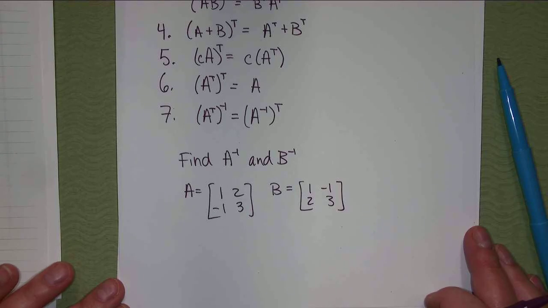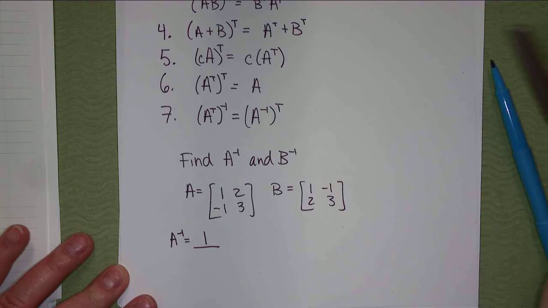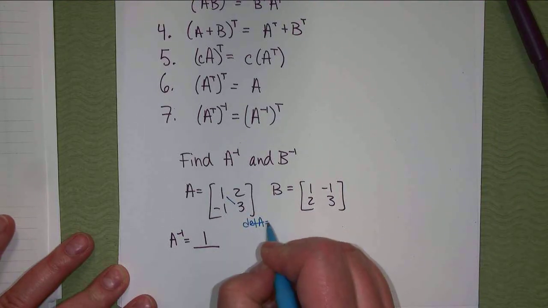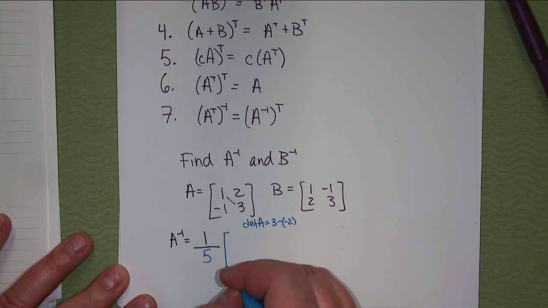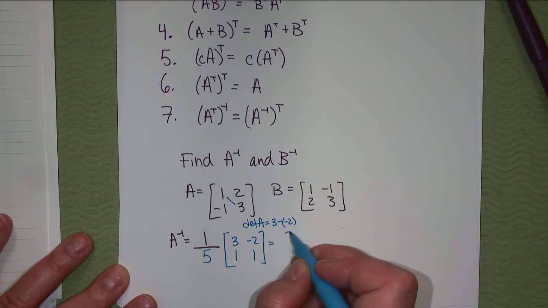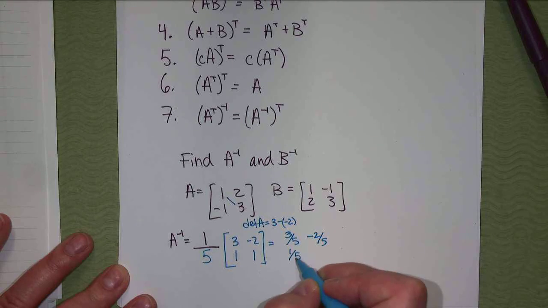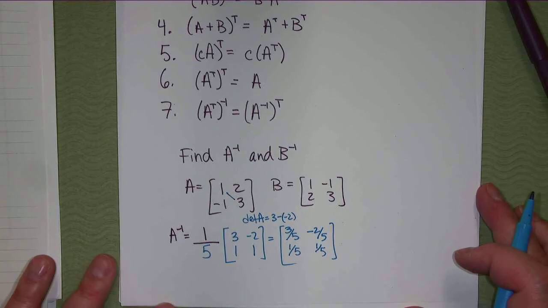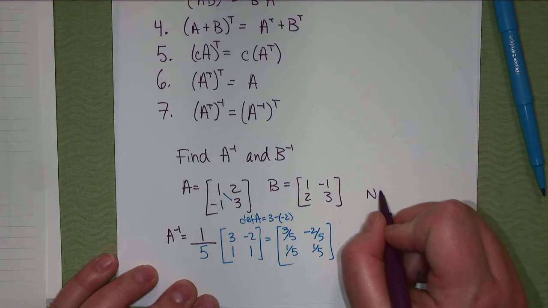So A inverse would be what? 1 over the determinant of A, 3 minus minus 2, so 5. So there's A inverse. You could check it to make sure it's okay. But notice that A transpose